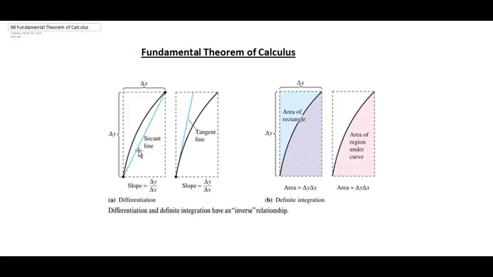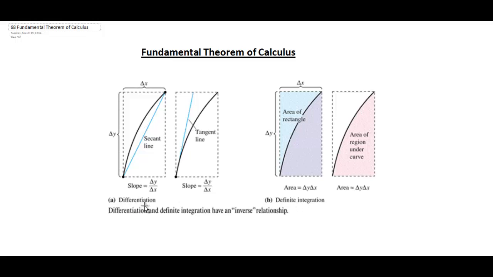And we started looking at the slope of a secant line, where we looked at the change in y over the change in x. And we said if we made the points closer and closer, we would end up with our tangent line. And we said the slope there would be dy/dx, which would be the change in y divided by the change in our x. Well, now we want to show in relationship to our integration,